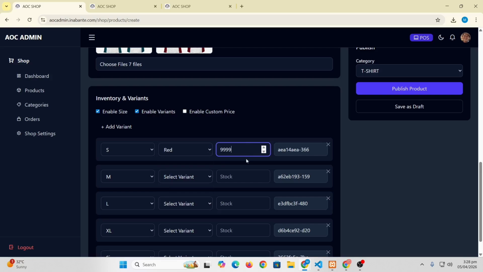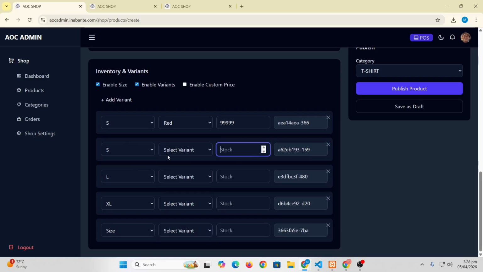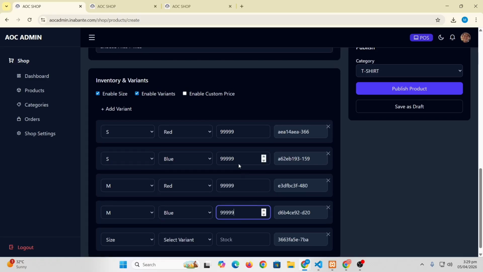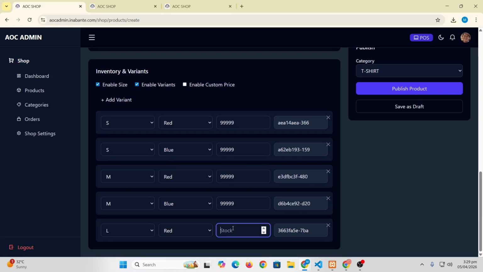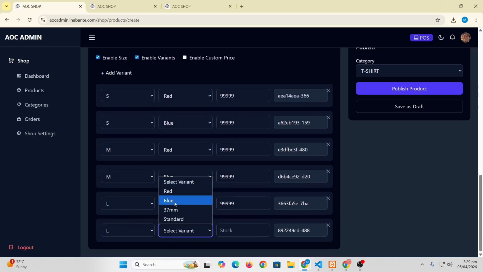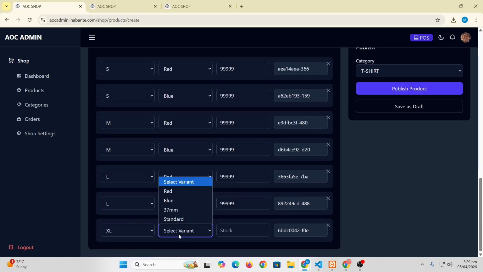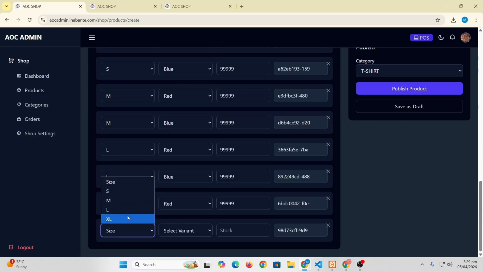You can add stocks, for example 199, and then small but not red, let's say blue, and also medium red and medium blue, large red, large blue, and lastly XL red, XL blue.